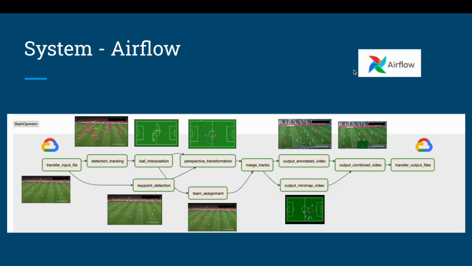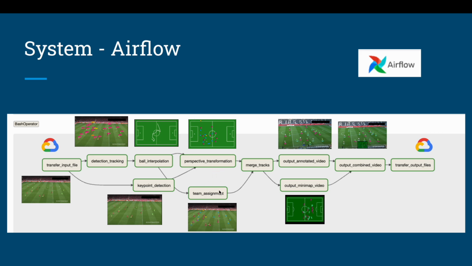And to break this further down, this is an overview of our Airflow workflow. So users will start off by uploading an input video, a 30 second video clip, to the Google Cloud bucket, and then it would trigger the Airflow manually. And then when Airflow starts, it would transfer that input file from the Google Cloud bucket to the Airflow's VM. And then it reads the file and starts doing tasks like detection, tracking, ball interpolation, key point detection, perspective transformation,